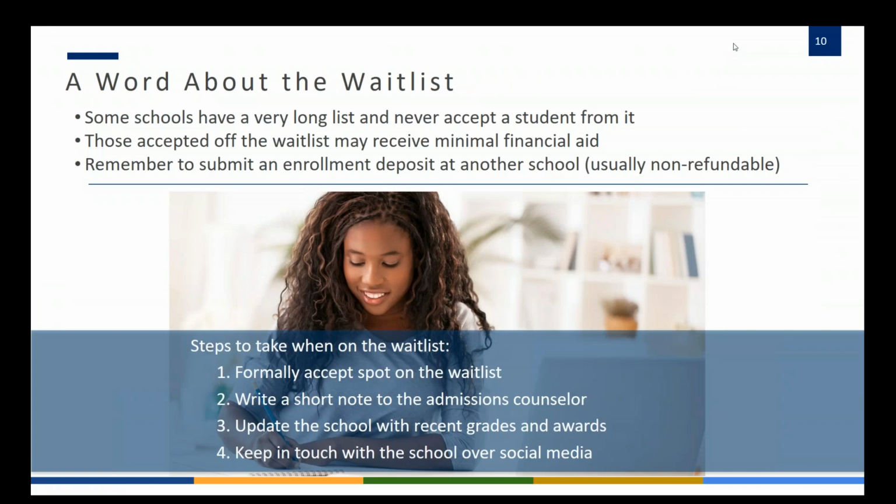A few words about the wait list. Very important for students who are holding out hope to get off of a wait list at a school to know what might be in store for them financial aid wise. Many colleges, when they're looking at their wait list, may never even accept students off the wait list. They may have a very long list and not accept one student off the wait list, or maybe 7 or 10, especially at some of the more elite, more competitive schools. So they don't necessarily want to hold out hope and not deposit at one of the schools they're accepted to, because it is difficult to get off the wait list at schools.